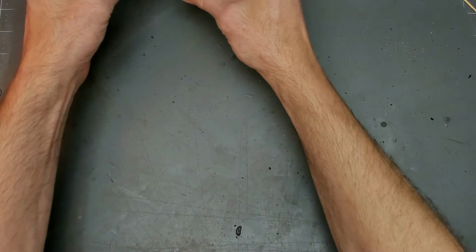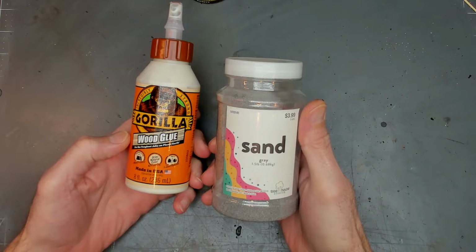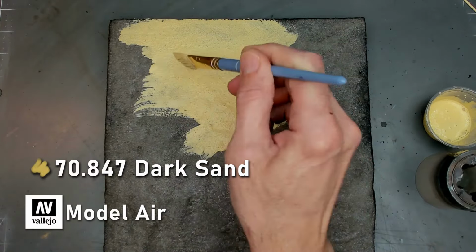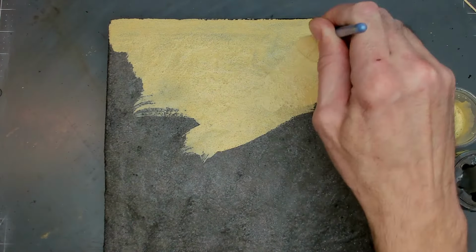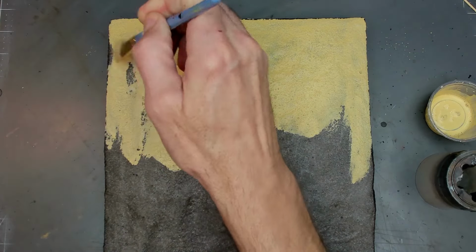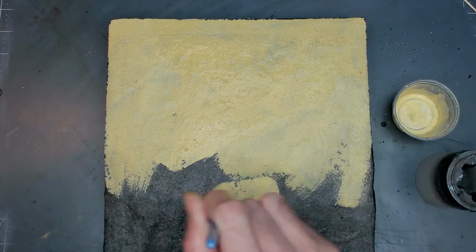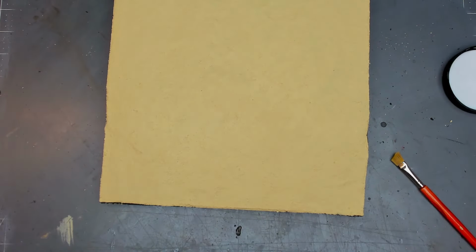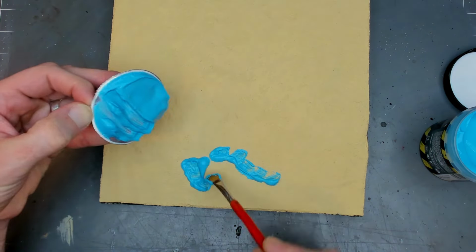Just a 10-inch square chunk of plywood to put a layer of foam onto, and then build up a few layers of the asphalt terrain effect from Vallejo, and then added another layer or two of wood glue and sand to build up that real nice sandy texture, and hopefully coat everything in a really good layer of plastic, really, so that after I